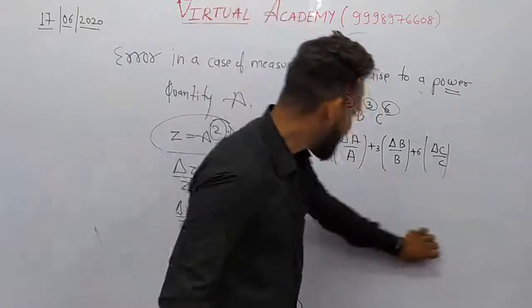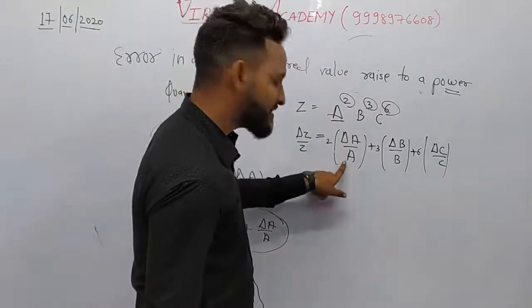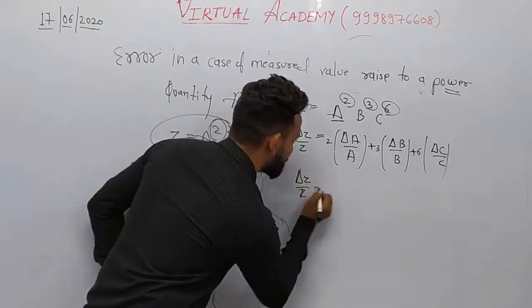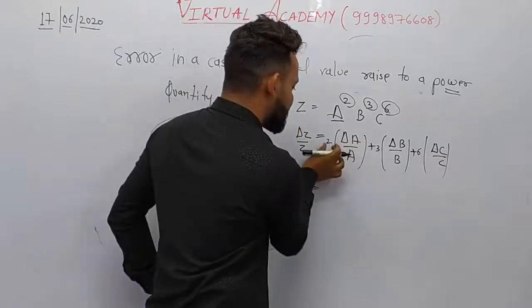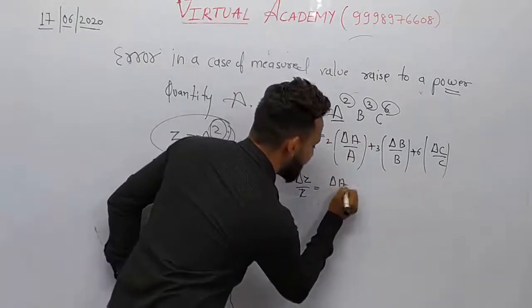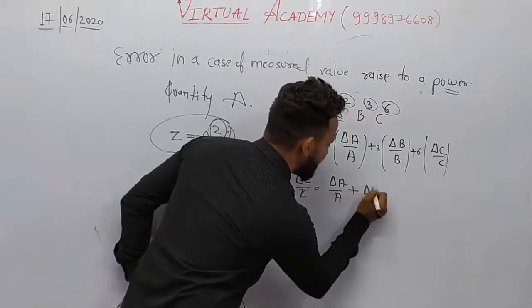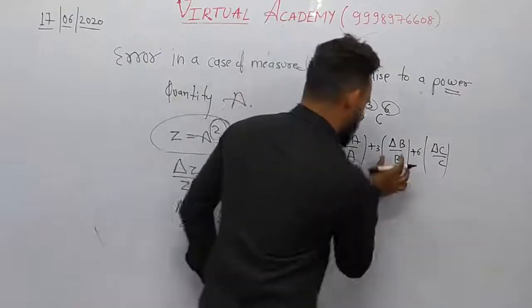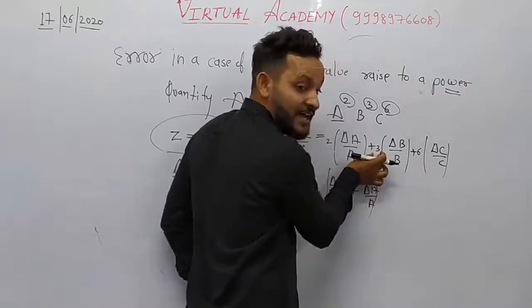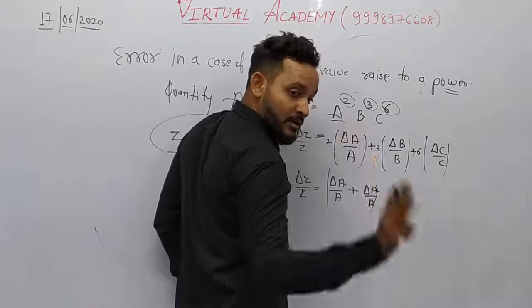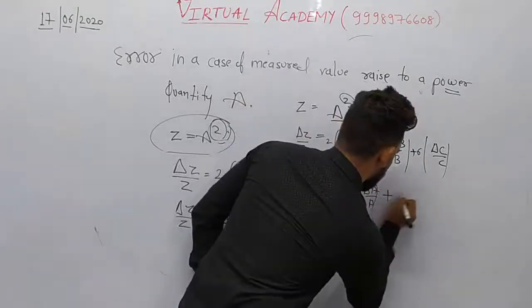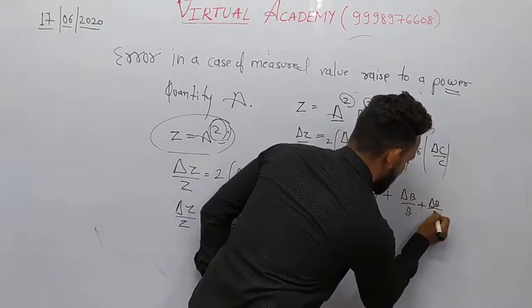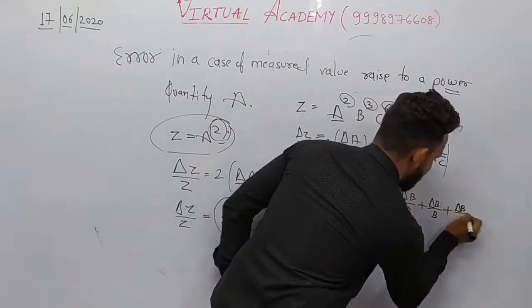If we want to verify it in simple terms, A plus delta A plus A. Again, if we want to write it in simplified form, how can we write it? Here, how many times is delta A upon A? 2 times. So we can write it as delta A upon A plus delta A upon A. It's 2 times. Now what about B? Here, how many times is delta B upon B? 3 times. So we have to write this term 3 times. Like that, delta B upon B plus delta B upon B plus delta B upon B.